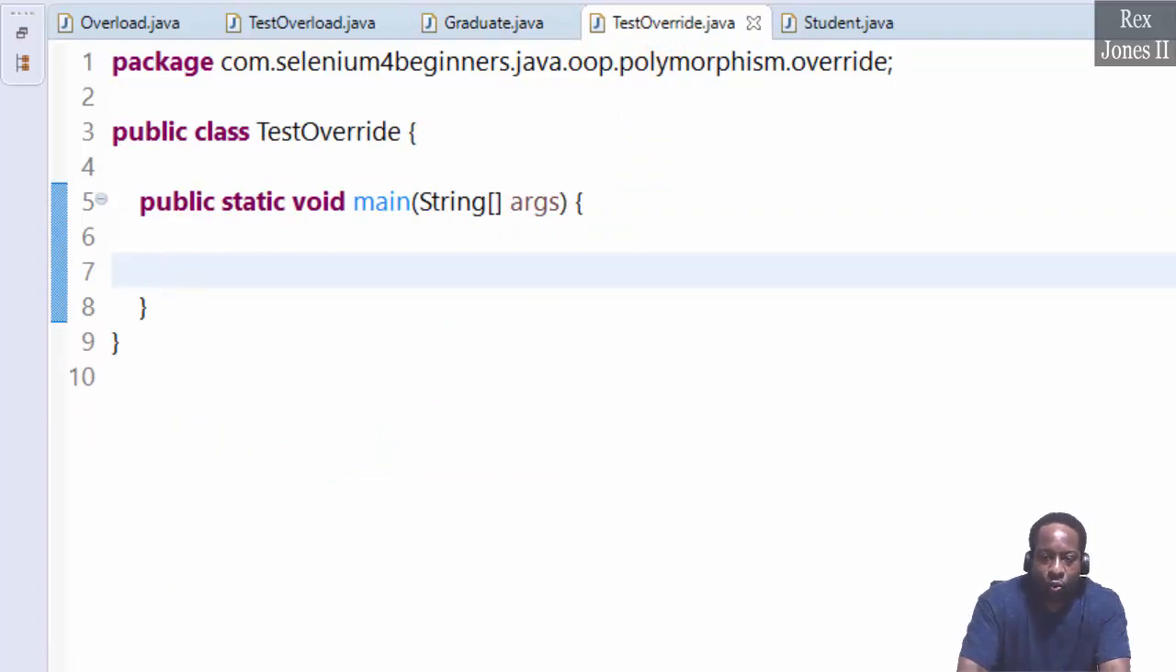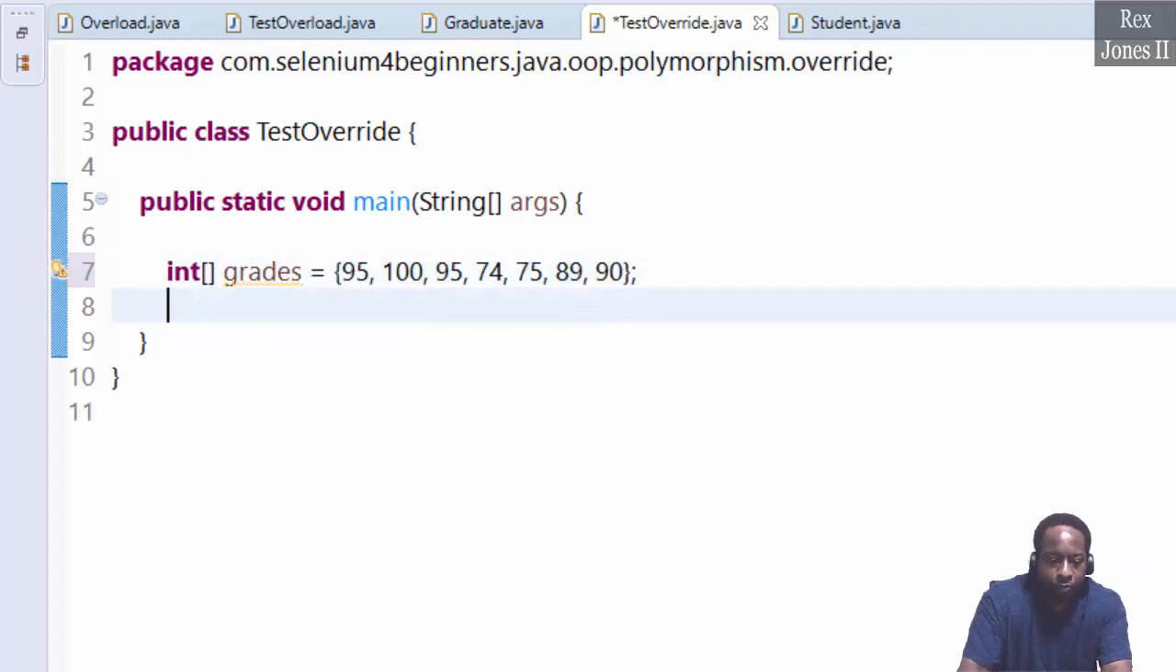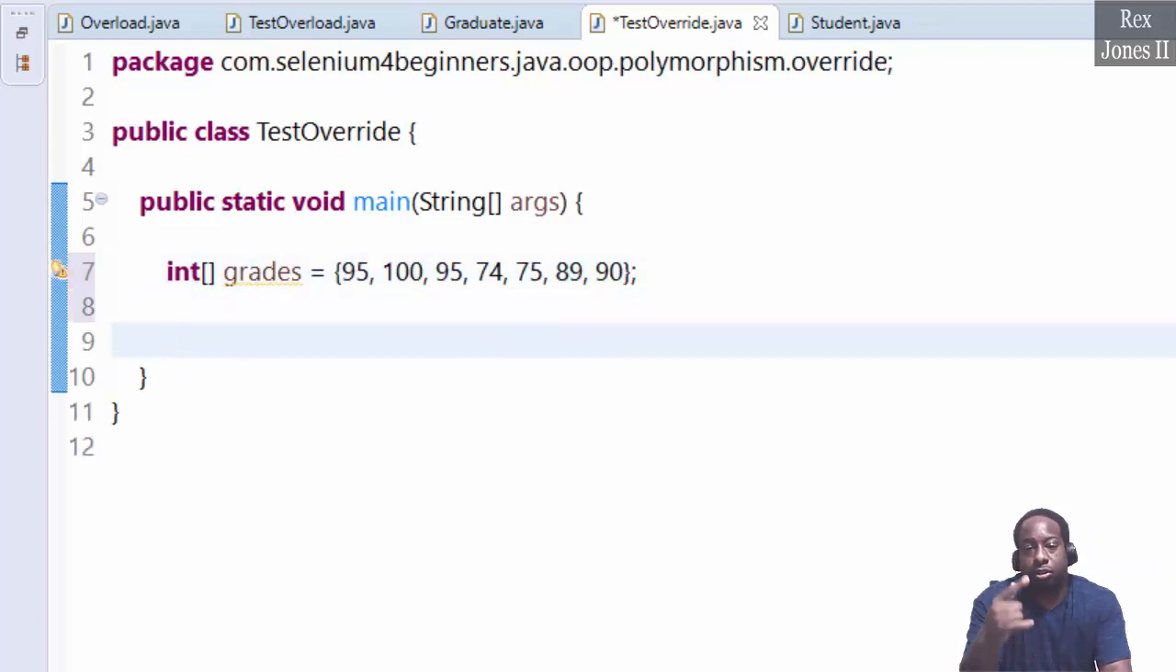Let's create an array for grades. Int grades equal. Let's assign 7 grades: 95, 100, 95, 74, 75, 89, 90. 1, 2, 3, 4, 5, 6, 7. Bingo. Now our objects, Student